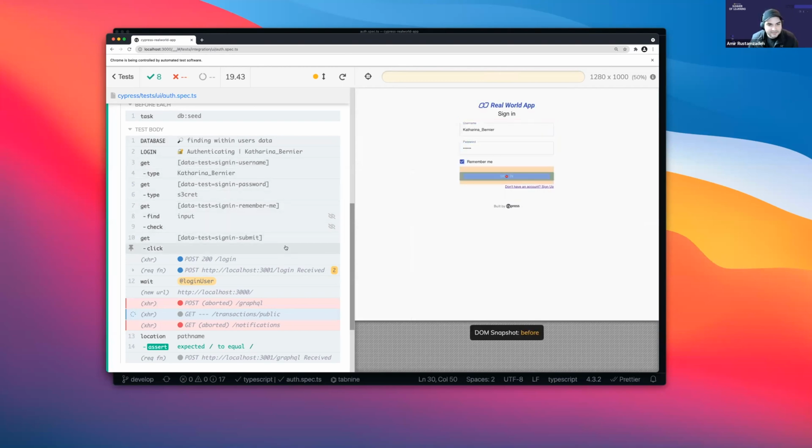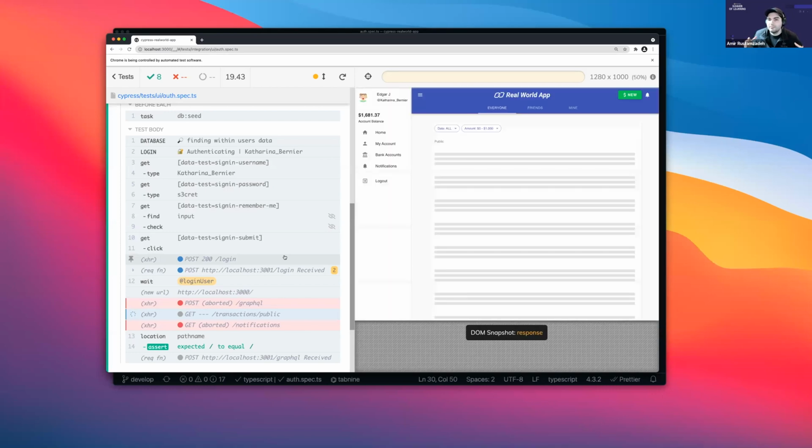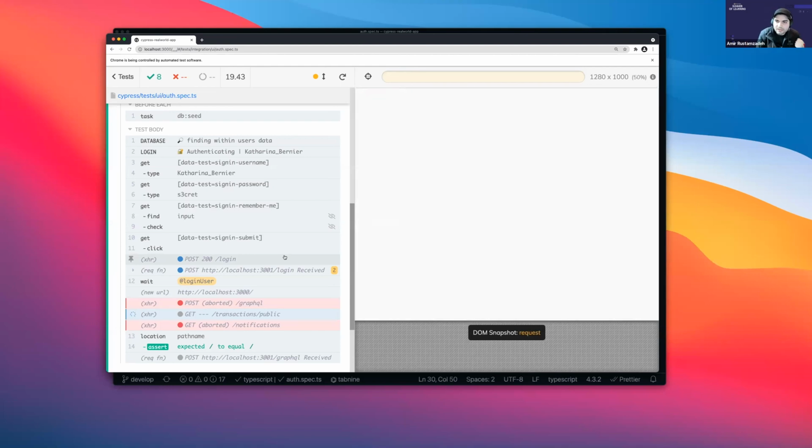throughout the test execution. And the way we are able to do this is that Cypress takes a snapshot of your DOM before and after it executes a command. So we know exactly how your app looked before a command took place and how it looked after